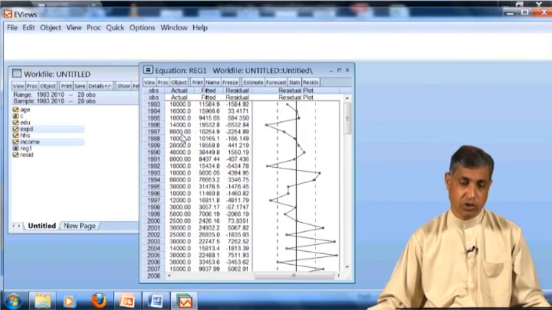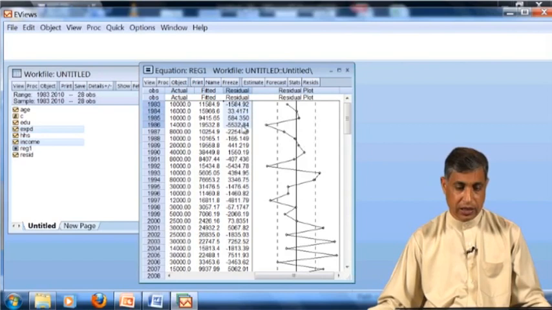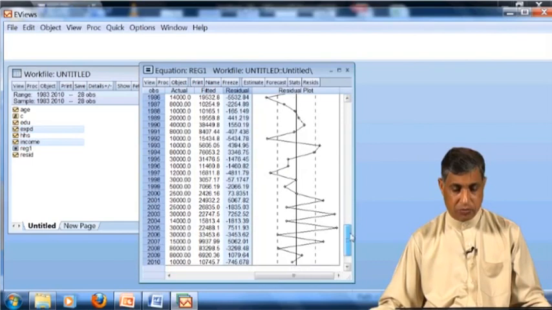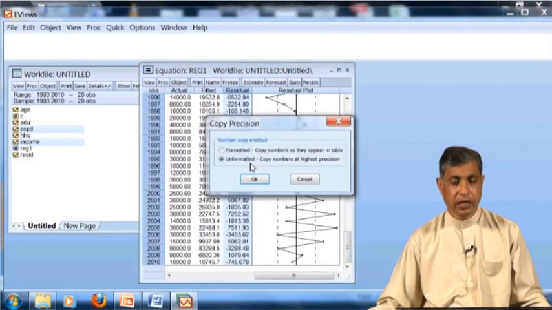But we have to prove that the residual sum is equal to 0. So these are the residuals, copy these. Keep on copying this, and suppose that it has copied all this. Now you will say unformatted.